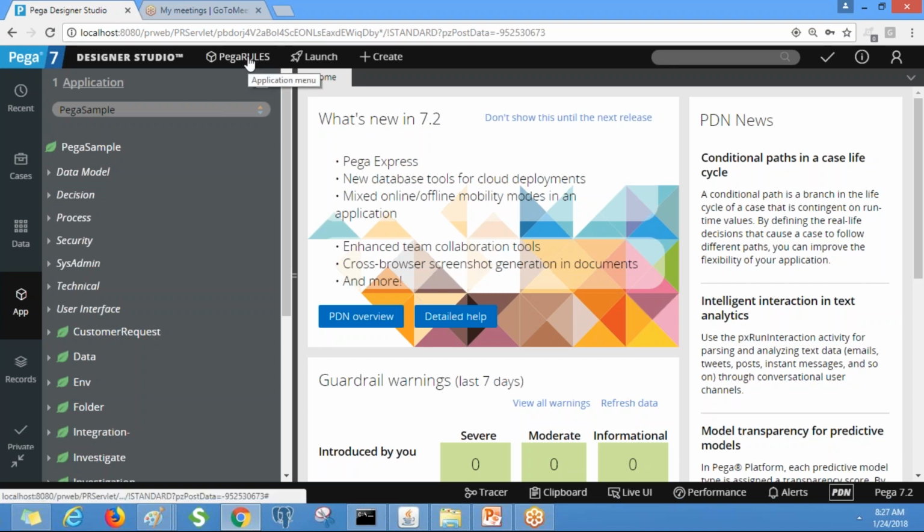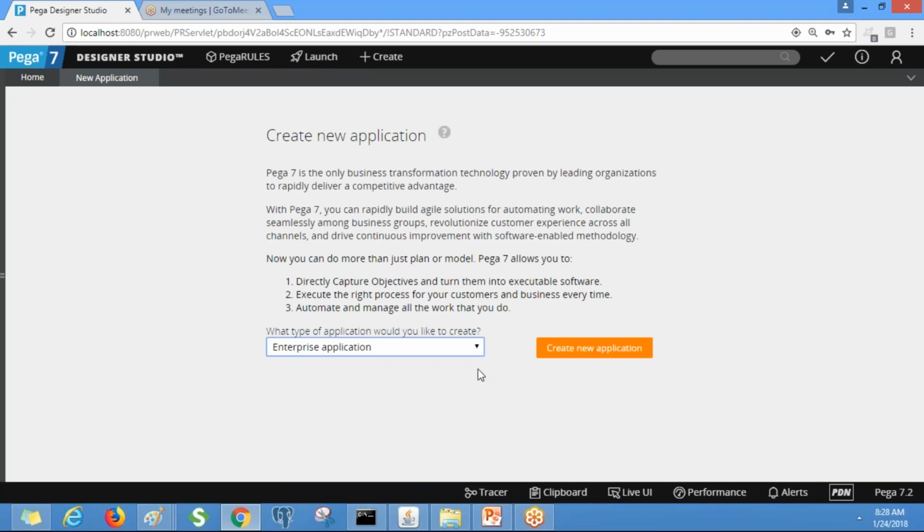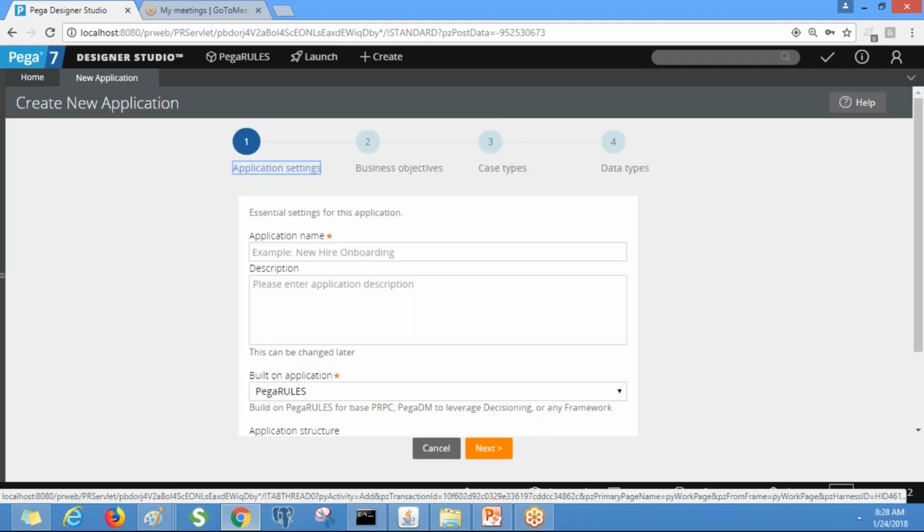Here Pega Rules is an application name, and by using this application we are going to create our application. You need to click on Pega Rules, go to New Application, and click on New Application. By default you will have an enterprise application, then click on the Create a new application button. Note down the navigations.